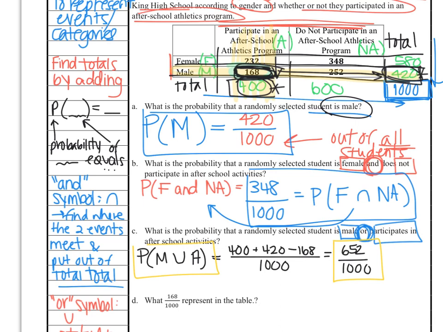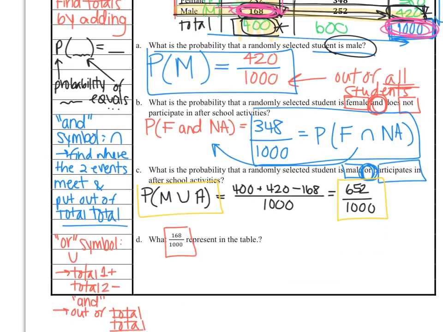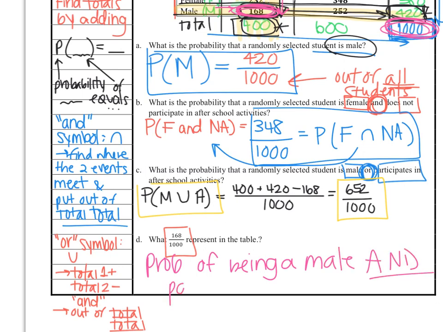Okay, then the last question here says, what does 168 out of 1,000 represent in the table? So I'm going to find out where that 168 is. I know my table's crazy marked up right now, but if I grab a different color, maybe we'll be able to see. So 168, it's that one I circled a million times. 168 out of 1,000. Okay, so this 168 is coming because this person is a male and participates. So it's probably the probability, that's how we always start, probability of being a male and participating